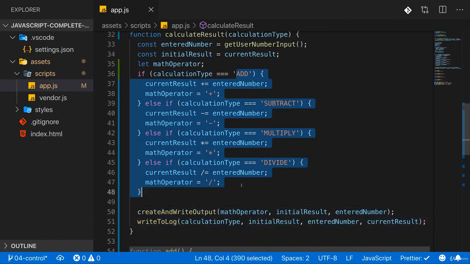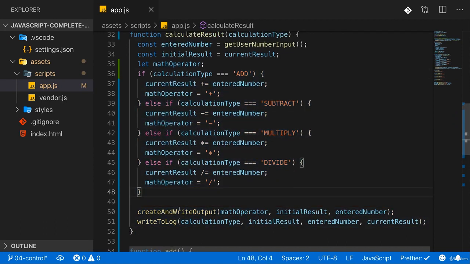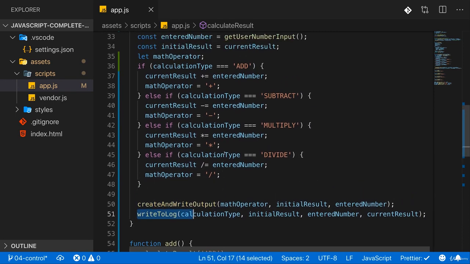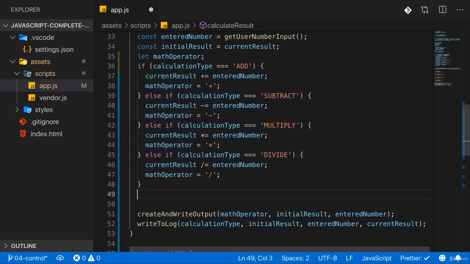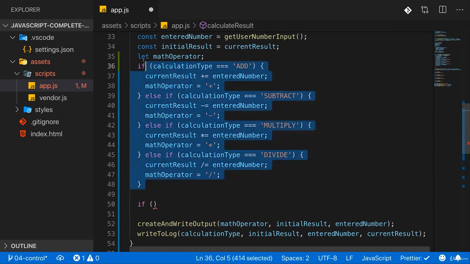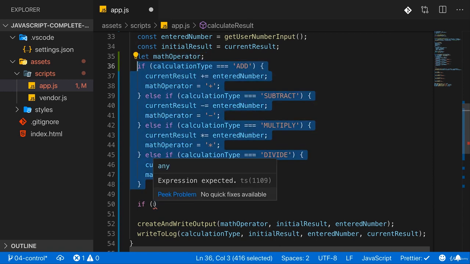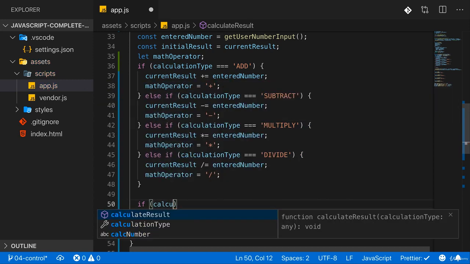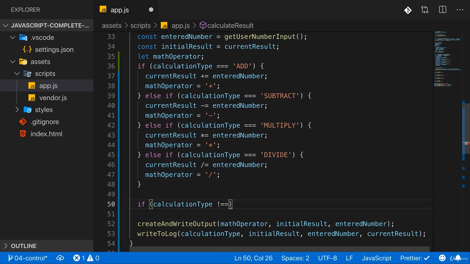Now, maybe we don't want to change the logic of how we handle that here, but we want to make sure that we don't try to create an output or write to a log if we meet none of these values. So then we could add another if statement here, which executes totally standalone, detached from the other if statements, so they don't work together magically or anything like that. But here we could check if calculationType is not equal to add, and now the double ampersand operator, calculationType also is not equal to subtract,